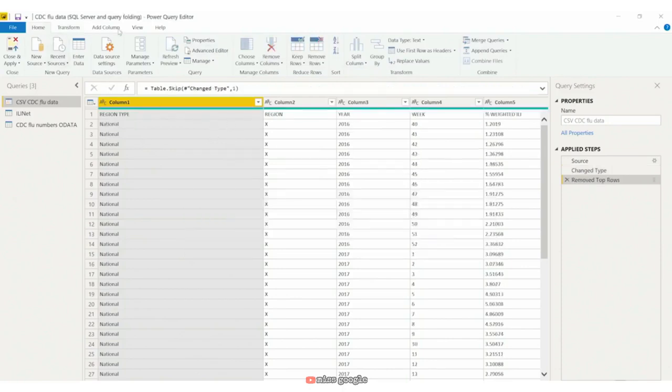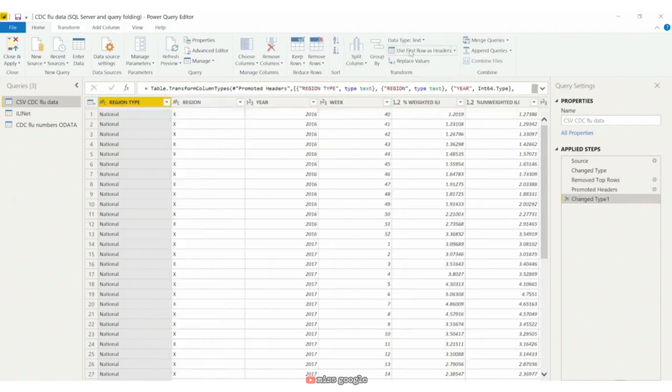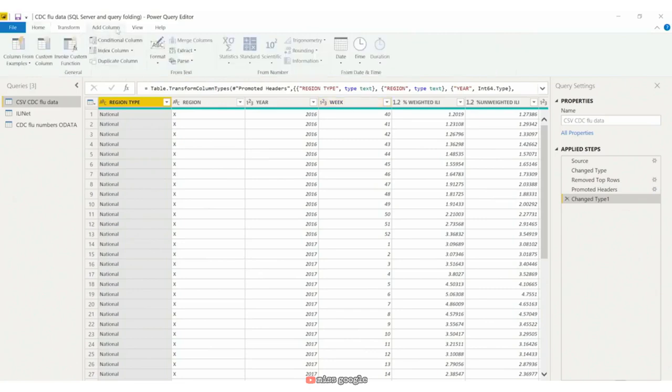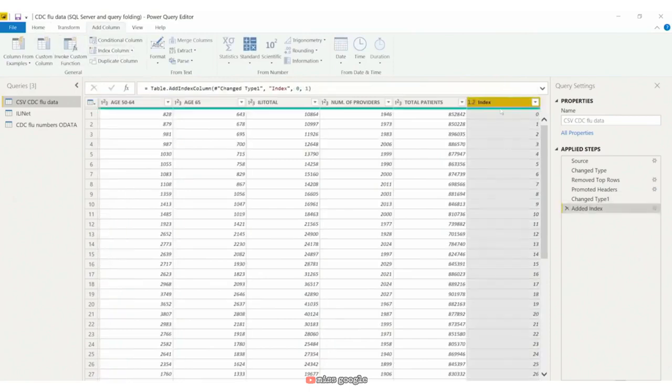Now we can promote the headers so that we have column names. On the Home tab, go to Use First Row as Headers. I think it would be really helpful to add an index column. We see that the order of the year and the week show that it goes in chronological order, beginning with 2016, week 40. To do this, we can add a column and select to add an index column,